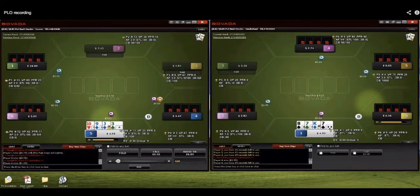However, I'm going to pause this again. The button here 3 bets the under the gun. And when he 3 bets and we're out of position, that would be an automatic fold. However, if that hand was 10, 9, Jack, 8, that's definitely a call against a 3 bet. Because at these stakes, when anyone 3 bets, I would always put them on ace, ace, X, X, whether junky or not. And a strong rundown such as 10, 9, Jack, 8 will play very well against any aces